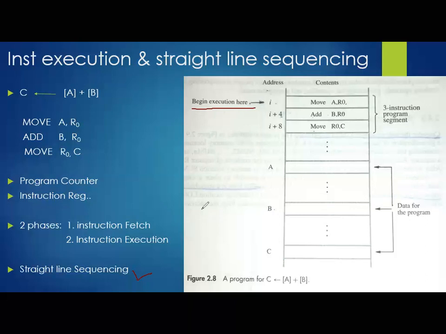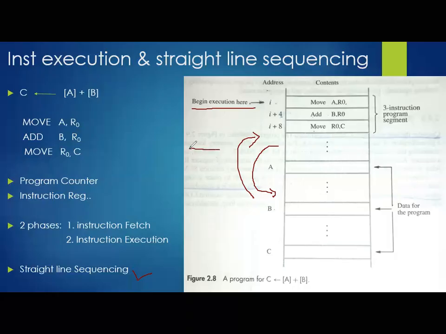Then you may ask whether it is possible to skip a few lines, or whether we are able to violate this straight line sequence. Yes, we are able to, but to break that sequence we need to use a keyword called branching. Using a branching statement, we are able to skip a few lines forward and a few lines backward.